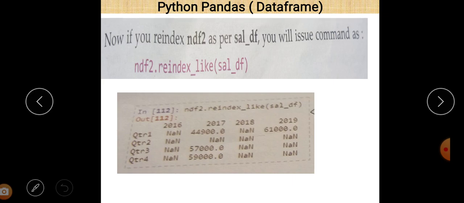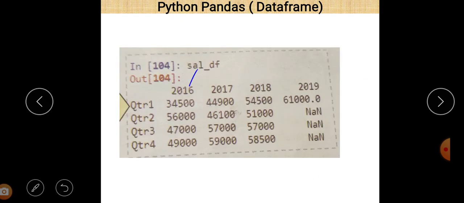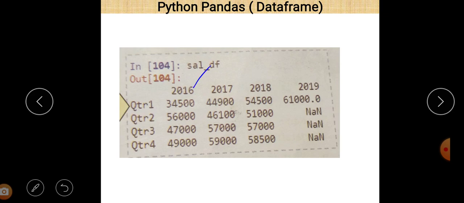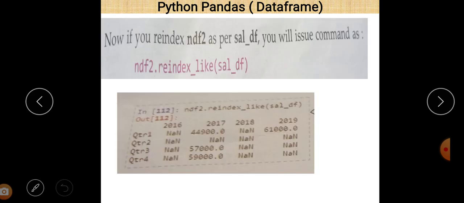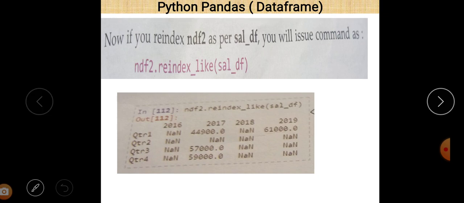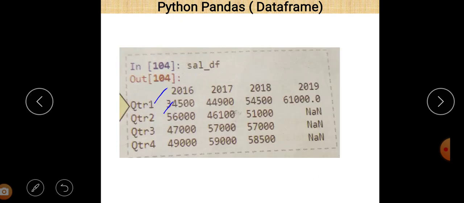So what happens after that? You can easily see that after NDF2 dot reindex like SALDF, where SALDF has only 4 columns, all the column names of SALDF are there, meaning 2016, 17, 18 and 19, and all the rows QTR1, QTR2, QTR3 and QTR4.